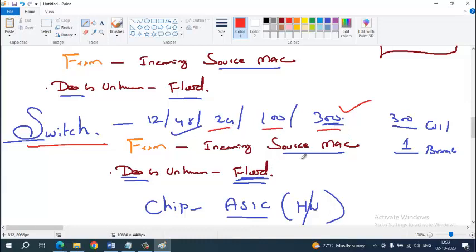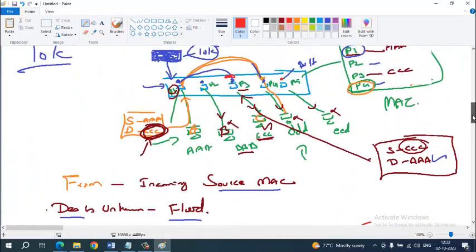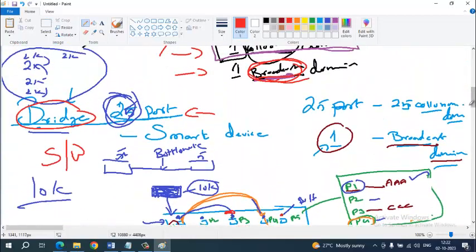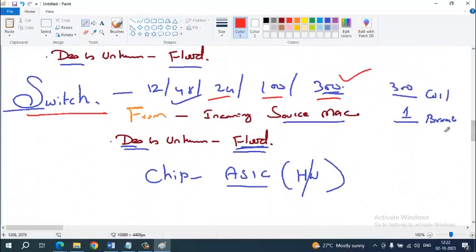Basically, they work in the same way. A bridge is a smart device learning MAC addresses. A switch is also a smart device. A switch also learns MAC addresses the same way as a bridge. When there is no destination information in the MAC table, both flood the packet. This all happens the same way, but the big difference is